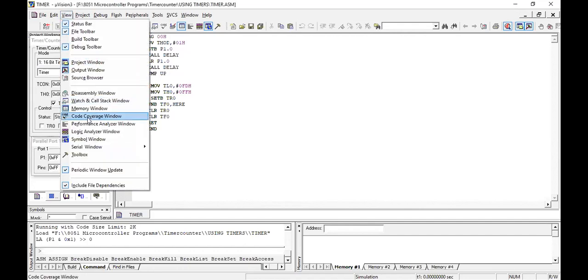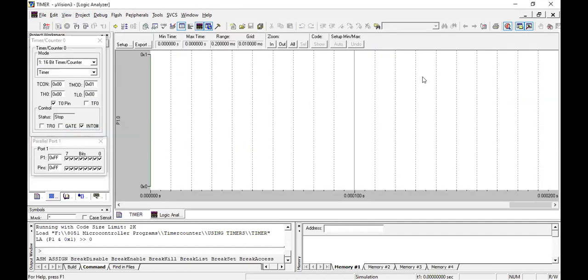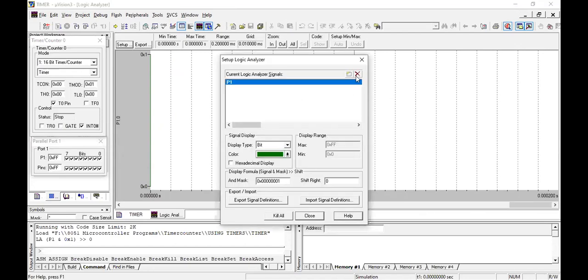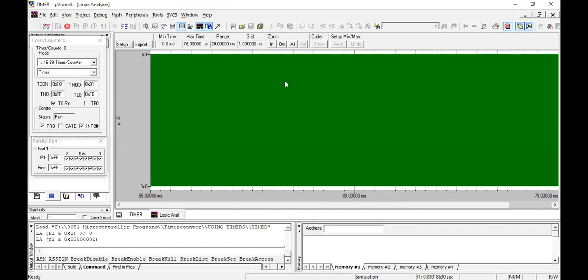View, logic analyzer. So this is the logic analyzer. Go to setup. Click here. Which port do I want? Port 1.0. Enter, close, run the program.